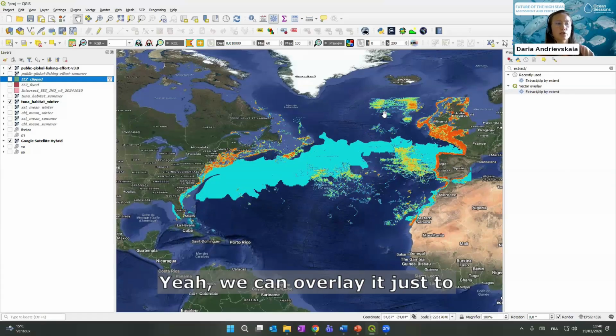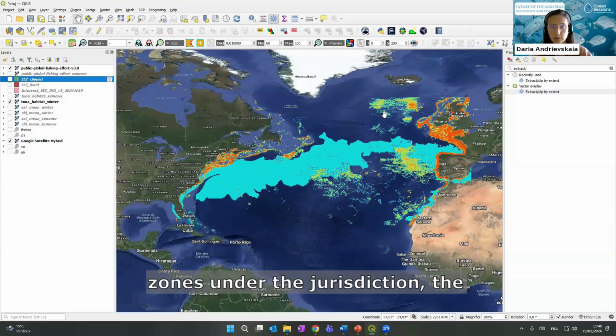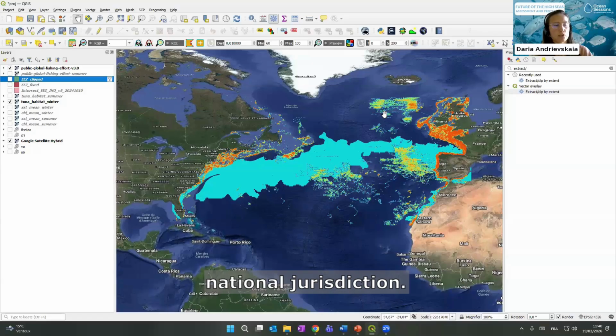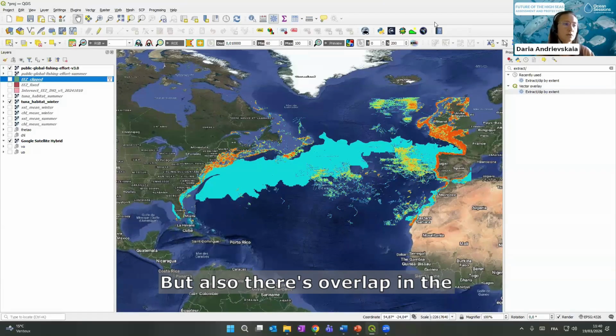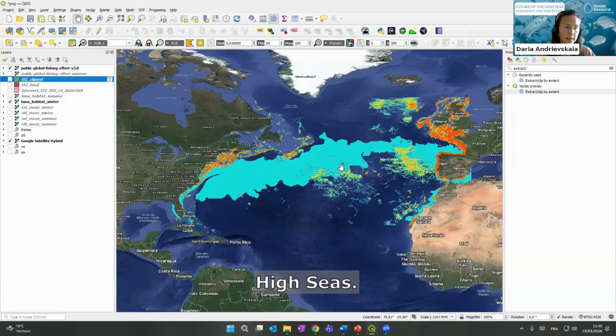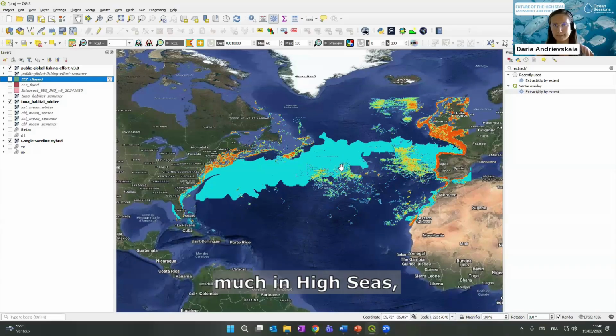Yeah, we can overlay it just to see that, of course, the fishing still happens in the coastal areas, the zones under the national jurisdiction, and there are potential habitats for tuna there, for example. But there's also overlap in the high seas. So even though we do not fish that much in the high seas, some of this activity still happens there,